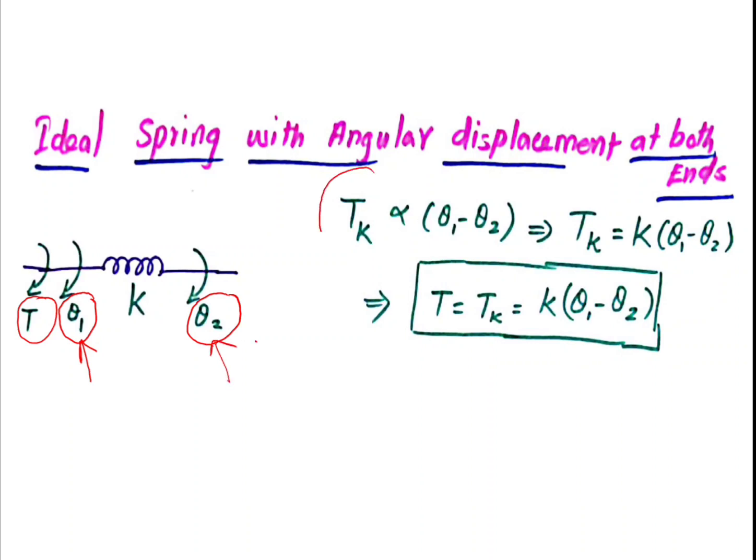Now the opposing torque due to the spring, T suffix k, is directly proportional to the difference between the angular displacement at one end minus the angular displacement at the other end. T suffix k is equal to k into theta 1 minus theta 2, which is equal to the applied torque. These are the basic information related to